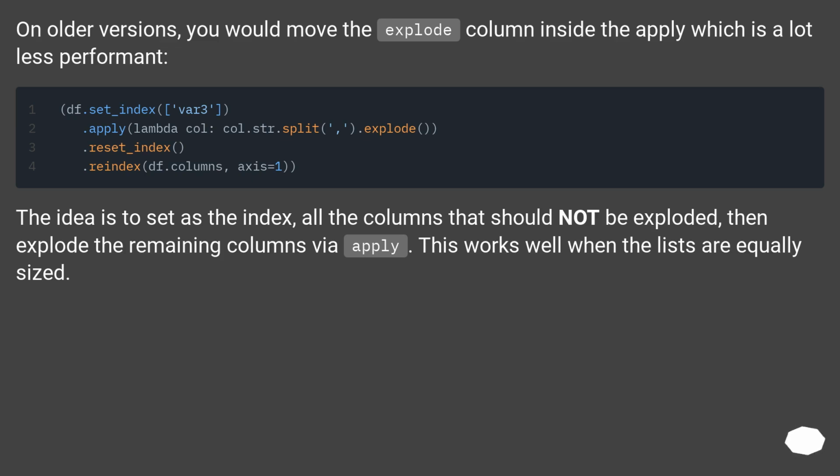The idea is to set as the index all the columns that should not be exploded, then explode the remaining columns via apply. This works well when the lists are equally sized. Positions